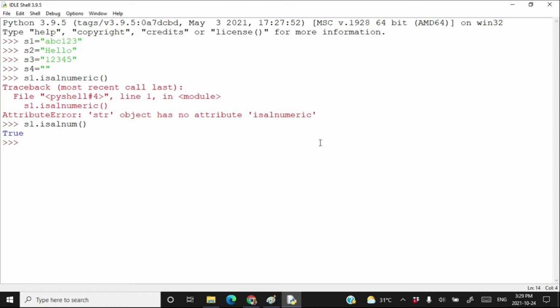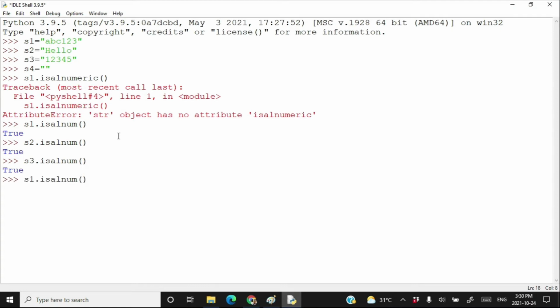True. s1 is alphanumeric. Now check it for s2. s2.isalnum. True. s2 is also alphanumeric. Check if s3 is alphanumeric. Yes, s3 is also alphanumeric.